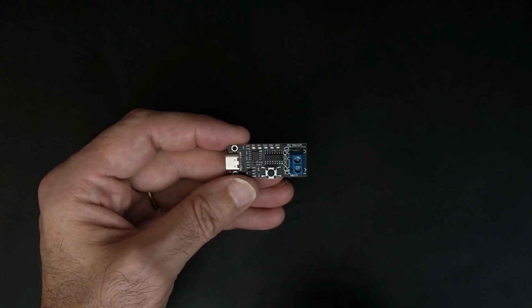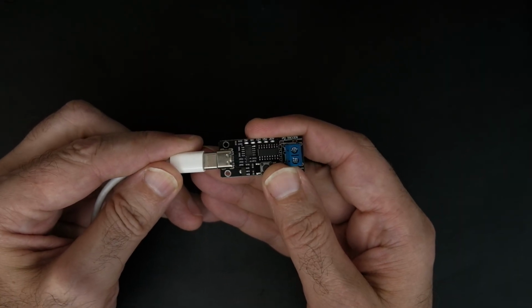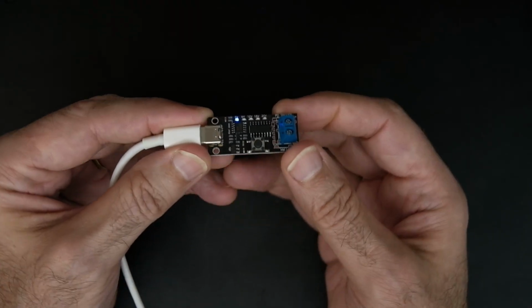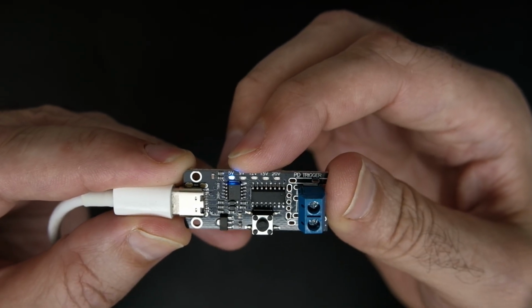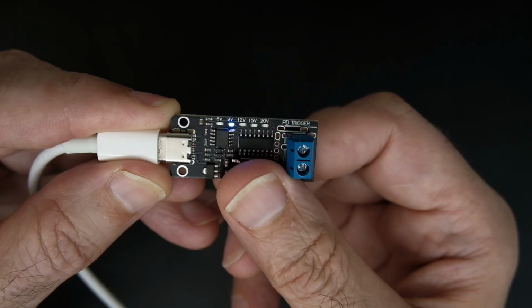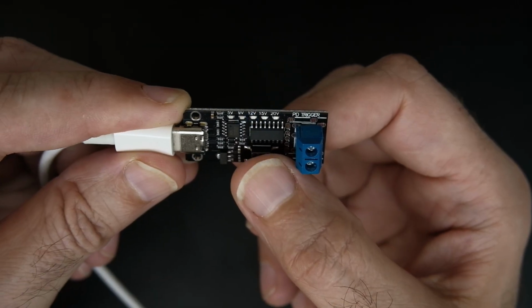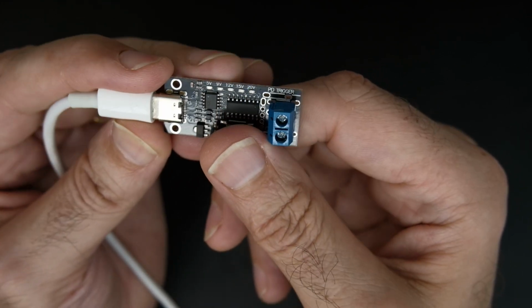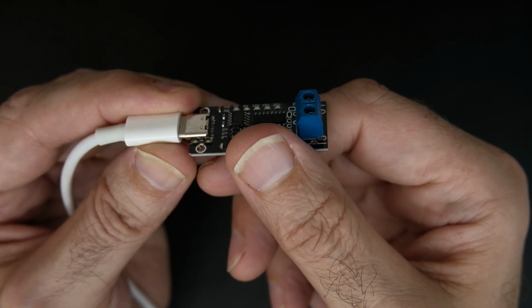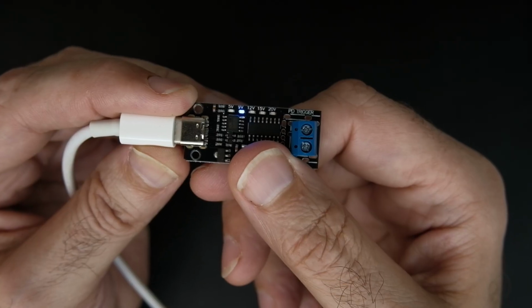I want any USB cable to work. One easy way to handle this is to use what's called a USB-C trigger module. And what you do is you plug your cable into it, and you'll see that it lights up. It's a little blue light that tells you it's producing 5 volts. I can press this button here and switch between the voltages that it's actually asking for. Now it's 9 volts, 12, 15, and 20. This cable isn't capable of producing 12, 15, or 20, and it tells you that by flashing. So I can press it again, back to 5 volts, 9 volts,